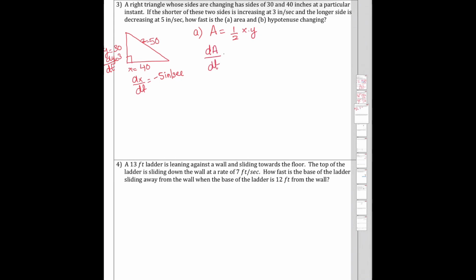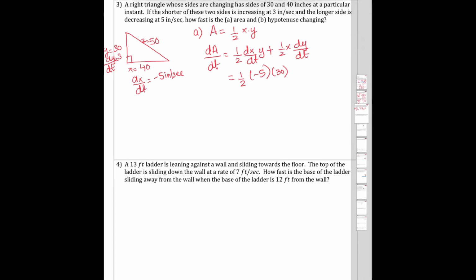Now I'm going to take the derivative on both sides with respect to t, which would be 1/2 dx/dt times y, using the product rule, plus 1/2 x dy/dt. Now let's substitute everything in. 1/2, I know my dx/dt is -5, my y is 30,